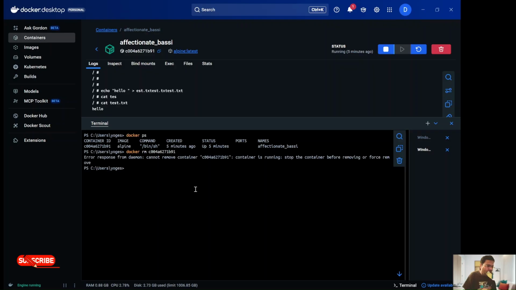You get an error saying that you cannot remove the container because the container is in the running state. So before removing a container, you need to stop that container. There are two ways you can do it. You can use docker stop. You can also use a docker kill command. So let's use